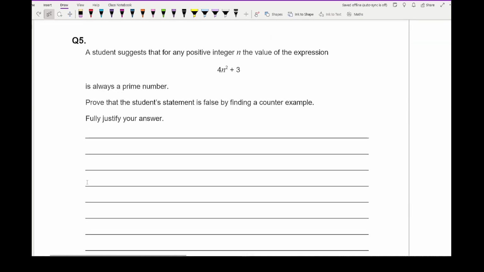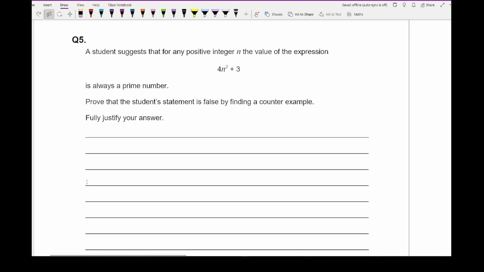Moving on to question 5, it says that a student suggests that for any positive integer n, the value of the expression 4n squared plus 3 is always a prime number. Prove that the student's statement is false by finding a counter example. Fully justify your answer. Well, if we substitute n equals 1 into this,